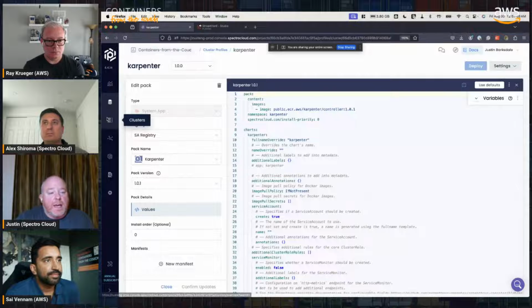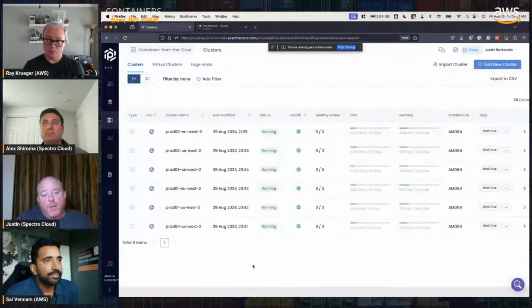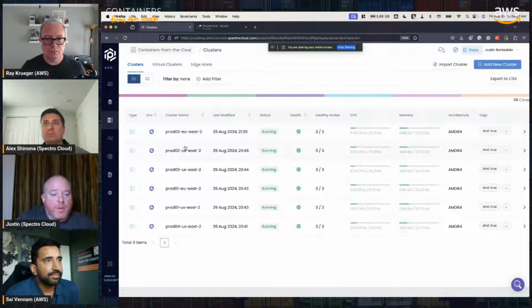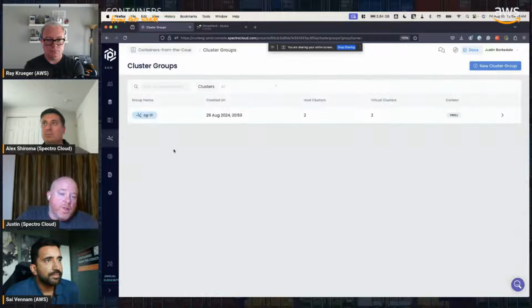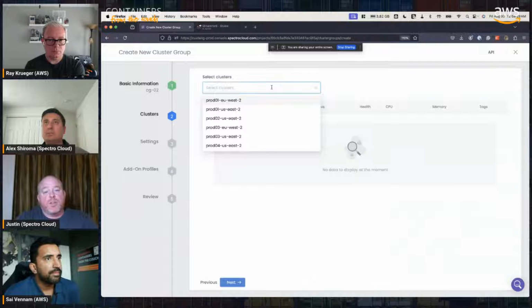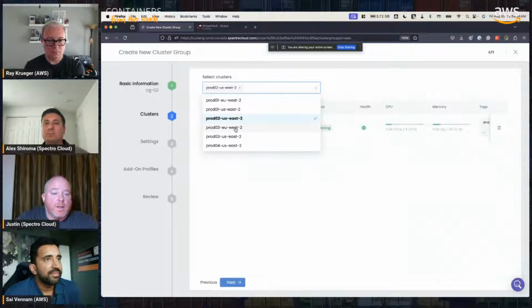So now that we have some clusters deployed, I've got a number of them. I'll focus on the ones we've deployed in 2 different regions. Same profile, but 2 different regions. And so the next step is, how do I help my developers consume these a bit faster? We have a concept called cluster groups, where we can create a cluster group, and let's call it cluster group 02. And then I can pick which clusters I want to be a part of it. So maybe I want US East 2 prod and EU 3 prod to be part of it.